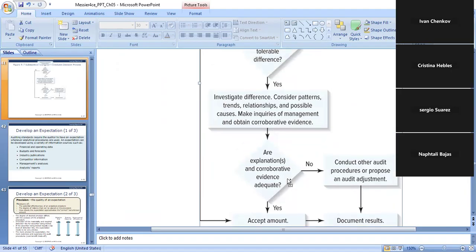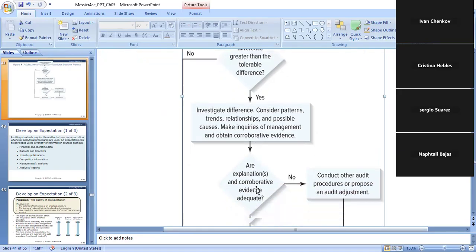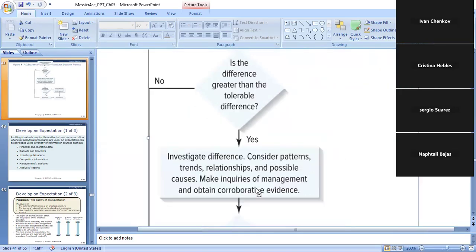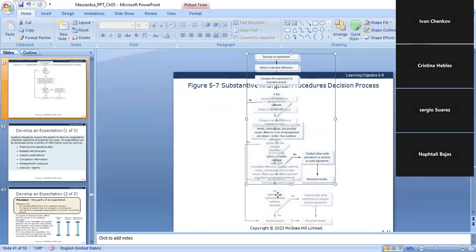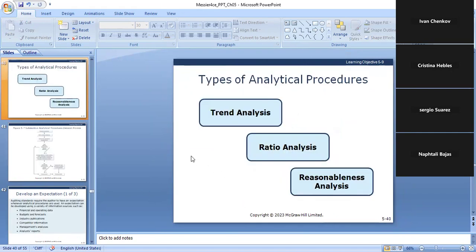Where exactly was the chart here? Let me see. Investigate the difference, consider making inquiries. If the difference is greater than the tolerable difference, then we're going to go with extensive procedures. The only reason for that is to make sure that the audit actually meets its purposes and we're getting the